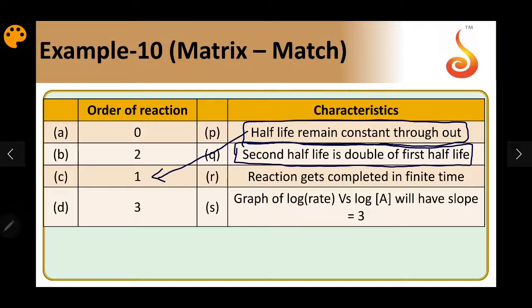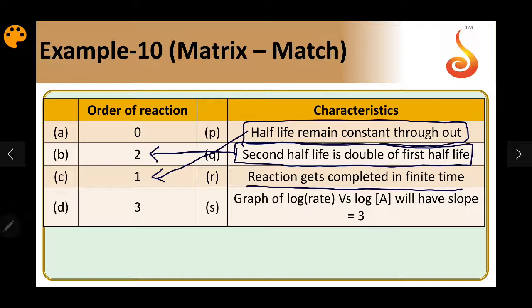So if one half-life is 50%, another 25% means in the second half-life, it consumes 2 more half-lives. Total becomes 3 half-lives. As a result, for a second order reaction, the second half-life is always double the first half-life. So this is mapped to second order. And reaction gets completed in finite time. So this is possible only for zero order because it's a linear graph. It's going to touch the x-axis when you plot a graph of concentration of reactant versus time. In all other reactions, it is an exponential curve.